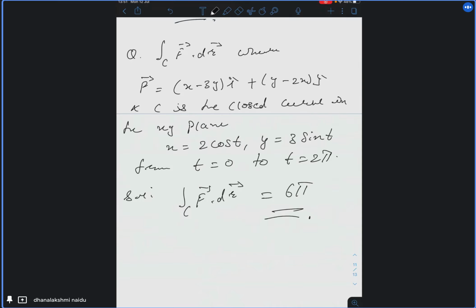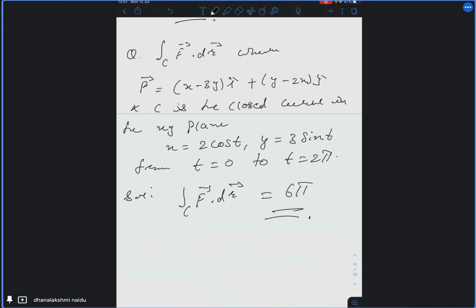Now they may ask you to find the scalar function phi also, because the definition is: F bar is called a conservative force field if curl of F bar is 0 bar, if and only if there exists a scalar function such that F bar is equal to del phi. All of you know how to find phi, the scalar potential. We have already done problems of this kind. Will you be able to do it? Yes, ma'am. Okay, phi is just what you need. So write down grad phi, on the other hand write down your F bar, compare the coefficients, and get your phi. That is the scalar potential.